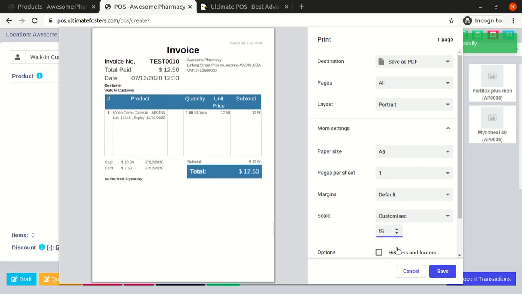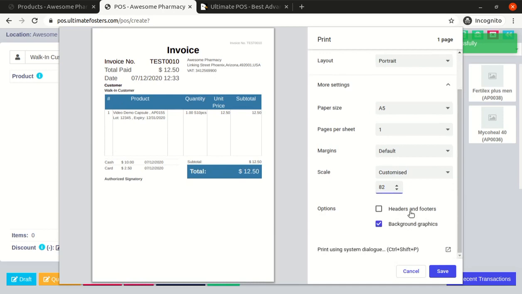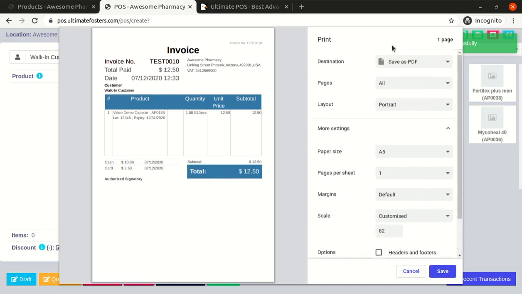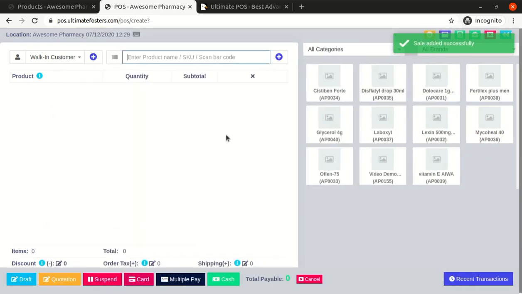And in the options, you can disable header and footer. If you are enabling header and footer, then it will show this header and footer over here, the URL of the website and date and all these different things. So let me just disable header and footer from here. And also enable this background graphics. If you are not enabling this background graphics, then it will not show the color over here. Okay, if you have a printer connected, then it will show an option to print. Let me click on the cancel for now.